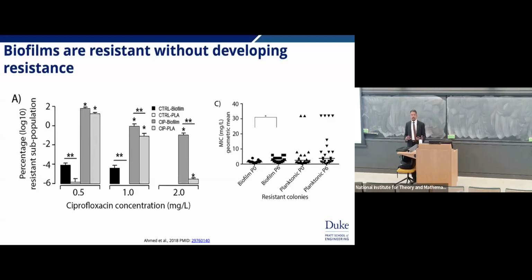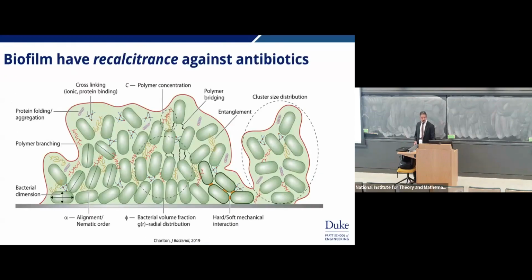You have to use more of that antibiotic to try to kill off the planktonic species. And that's because biofilms are really recalcitrant. They are not resistant. That is, they have these different polymers that prevent antibiotics from penetrating into the biofilm and actually getting at the cell. All right, so they'll secrete things like extracellular DNA, or as I mentioned earlier, flagellin, out into the media that will trap your antibiotic and make it stuck so that the bacteria never have to see it.